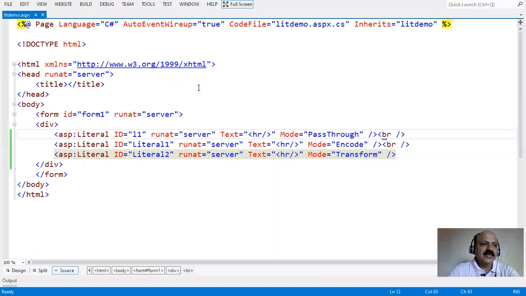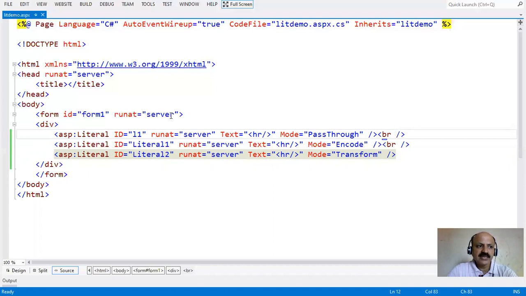And the next difference: label control uses its ID, easily identified by JavaScript and jQuery, but literal control splits its ID, so it is not recognized by jQuery and JavaScript.